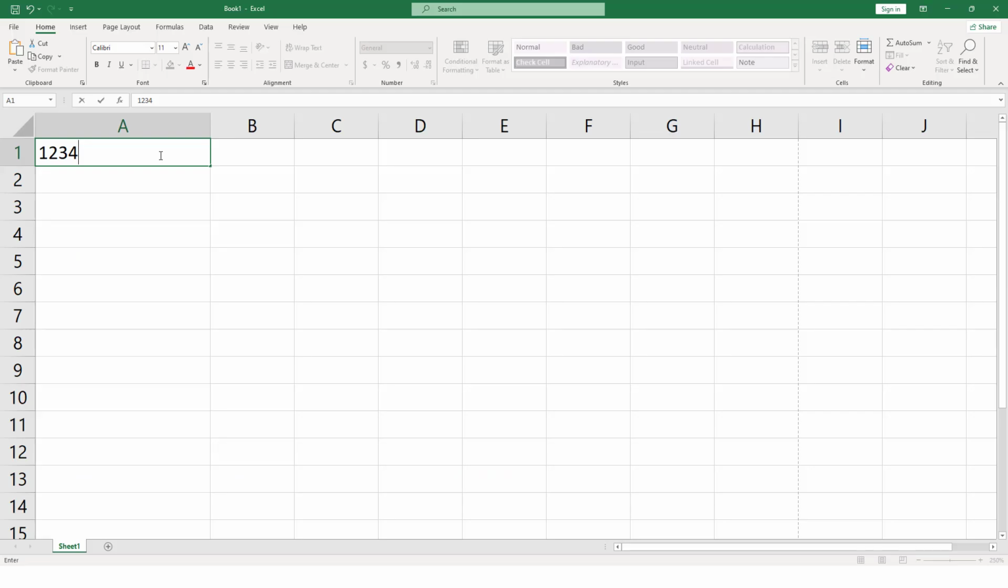Next, let's enter the data that we want to encode in the barcode. For example, let's say we want to encode the text 1234569 into a barcode. We'll enter this text in cell A1, and now that we have the data we want to encode, we need